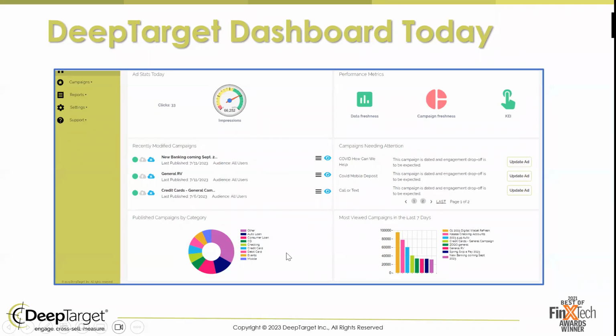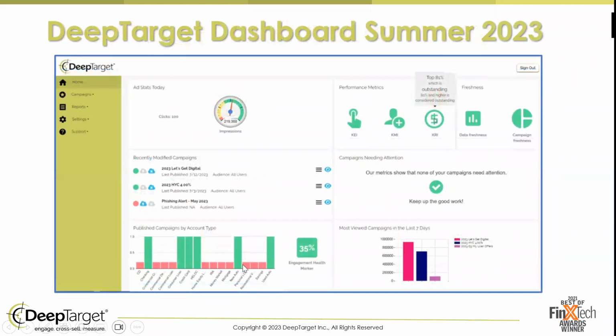Well, what if I showed that? What if I had a view that looked like this, that showed my 17 different product categories, the ones that have ads deployed and the ones that don't, and I saw a percentage of what we may call our engagement health marker, which says I'm really only engaging 35% of my consumer, my member, my digital user base with this